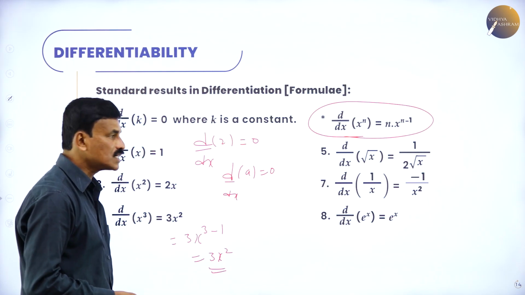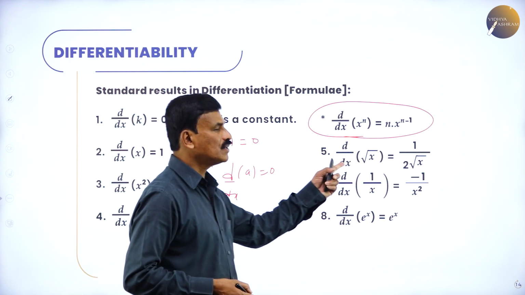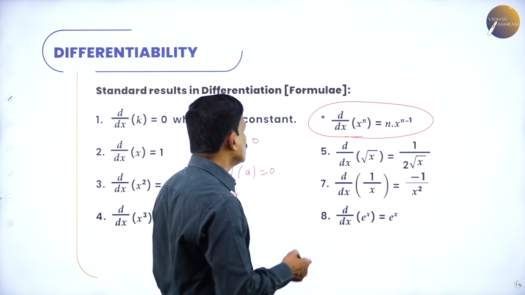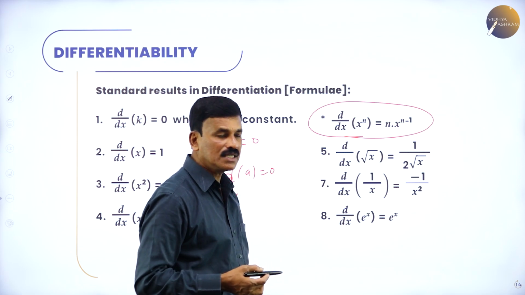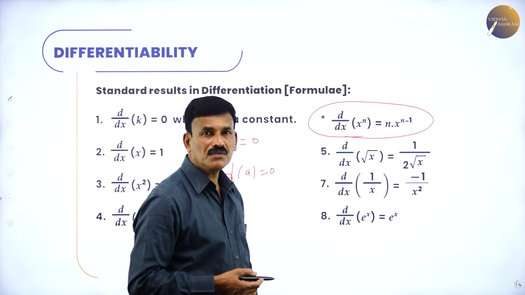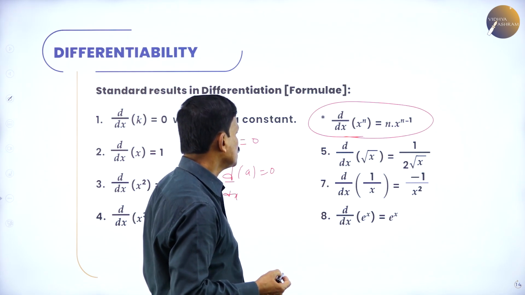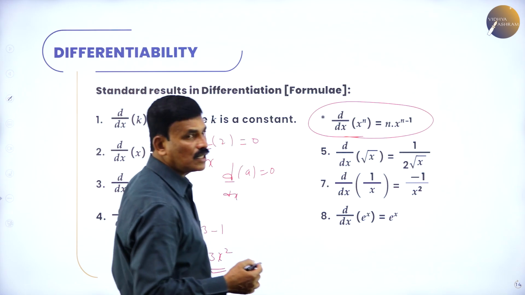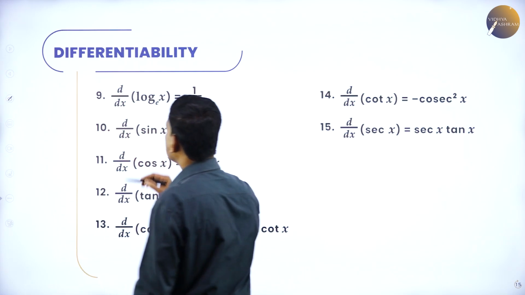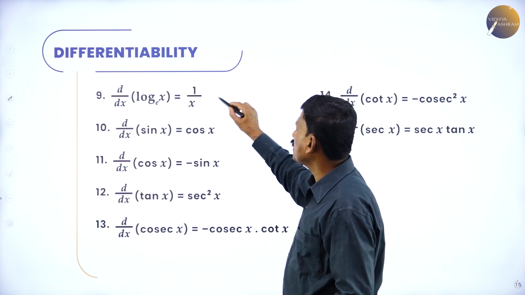Derivative of x cube is 3x square. Similarly, derivative of root x is 1 over 2 root x, d by dx of 1 by x is minus 1 by x square, and derivative of e to the power of x is e raised to x itself, right. Now, d by dx of log x, derivative of log x to base e is 1 over x,